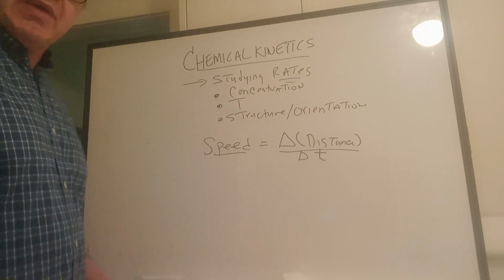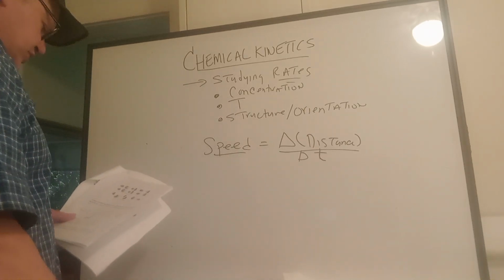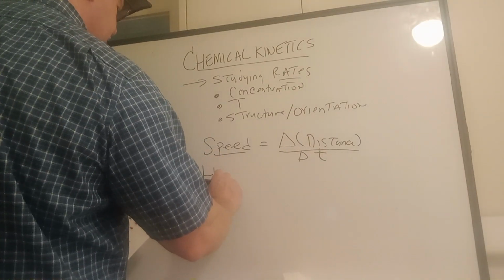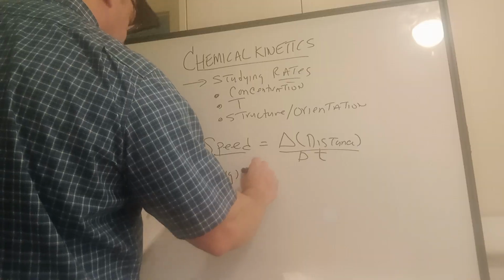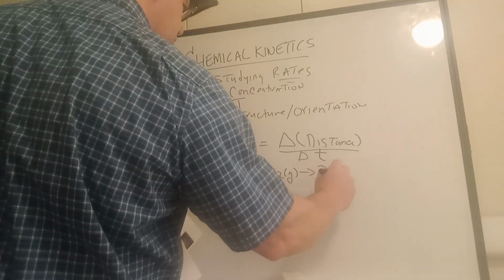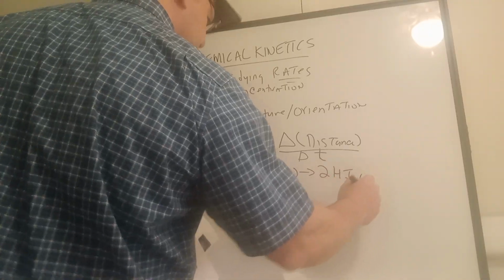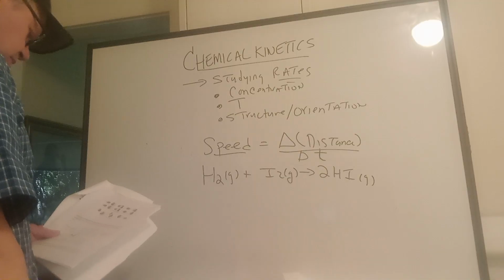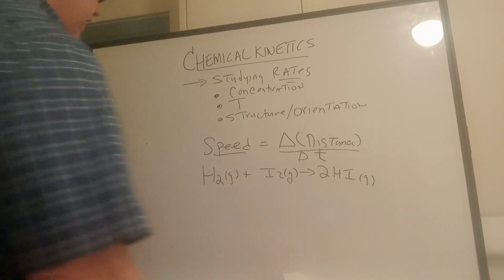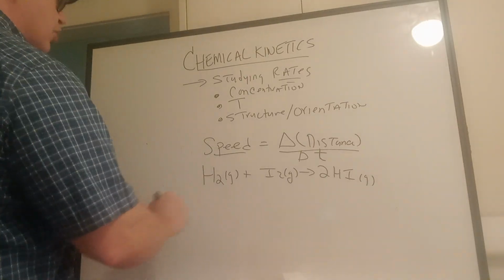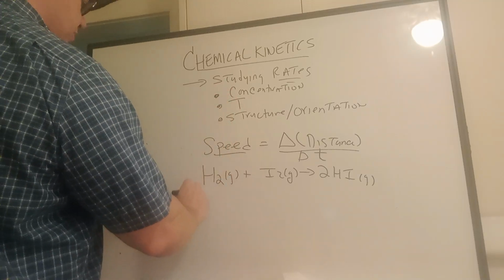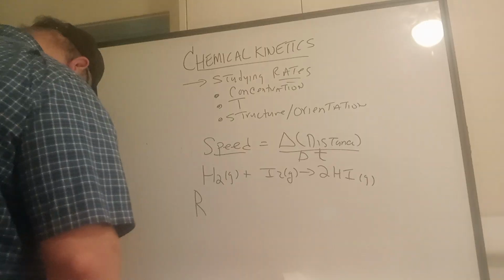So when we're dealing with chemistry, we're not dealing with distances per se, not physical distances, but we're dealing with reaction systems. So let's take a reaction system of H2 gas plus I2 gas going to 2HI. Everything's in the gas phase. I really don't even have to write that in. Let's take some of the species here and think about their rates. Now, one of the conventions is we want the rate to always be reported as a positive value. So when we write, for example, the rate for, let's say, hydrogen,